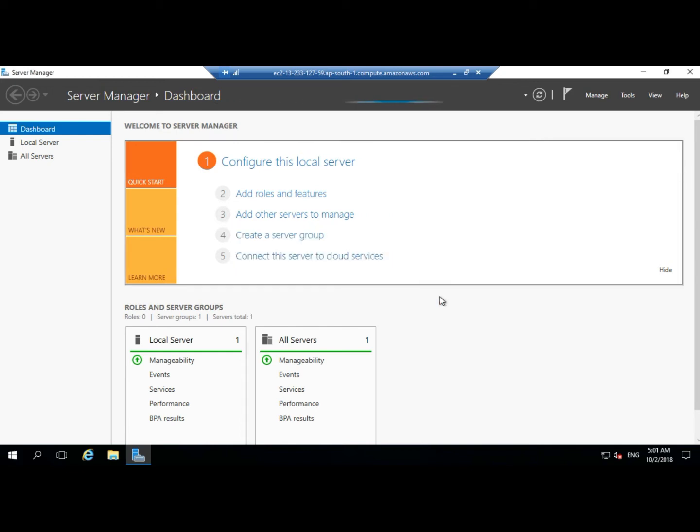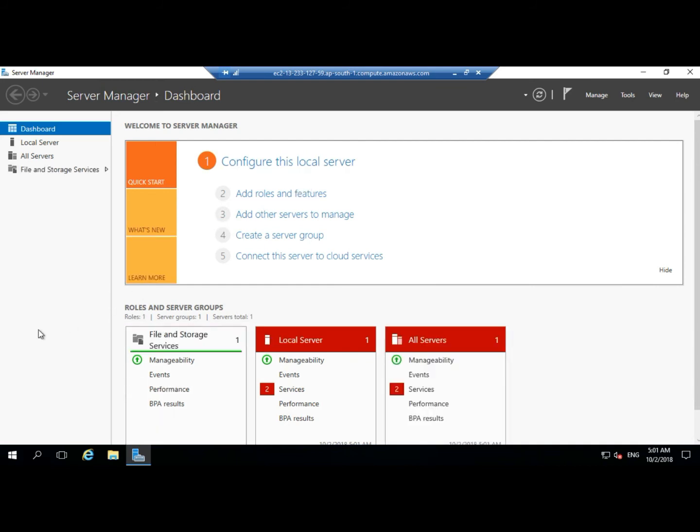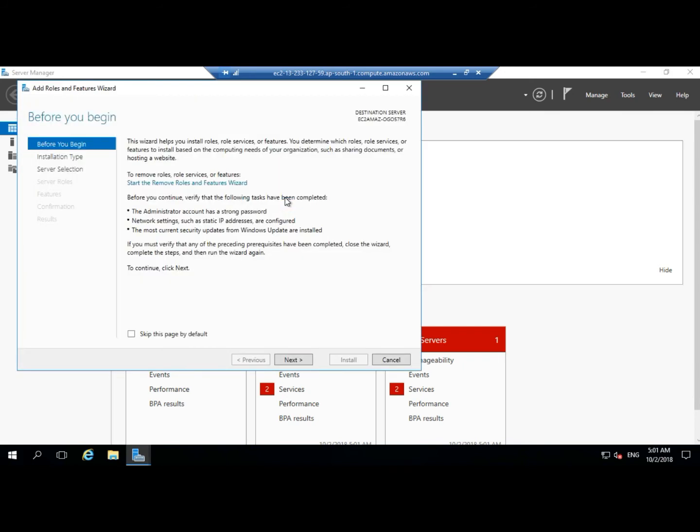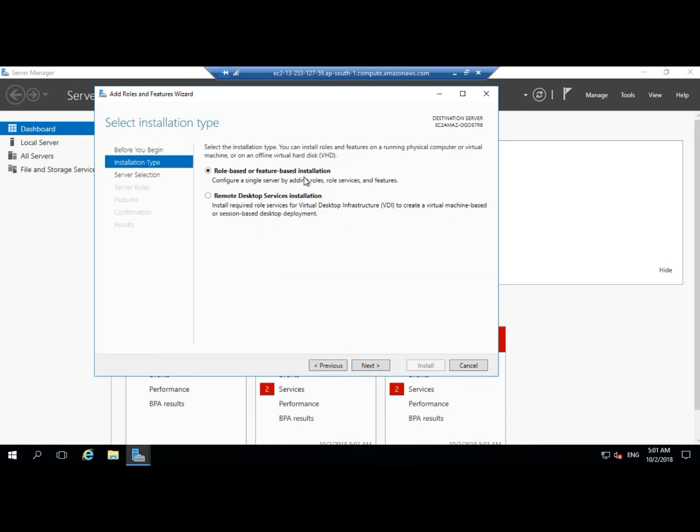It will take a little bit of time. I think it's up now, and if you get over here, you'll see what we are going to do here is install Windows IIS server, which will be needed to host our website, right? So we will have to add that feature to Windows Server. Okay, just click on next, and role-based or feature-based installation. I will go with this,